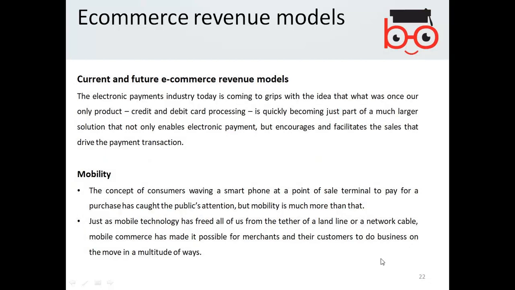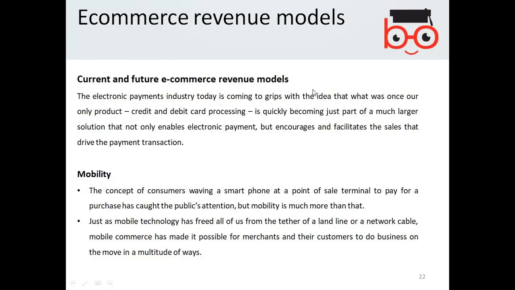Okay. Current and future e-commerce revenue models. The electronic payment industry today is coming to grips with the idea that what was once our only product, credit and debit card processing, is quickly becoming just part of a much larger solution that not only enables electronic payment but encourages and facilitates the sales that drive the payment transaction.